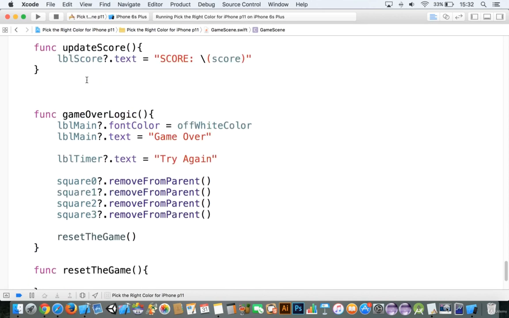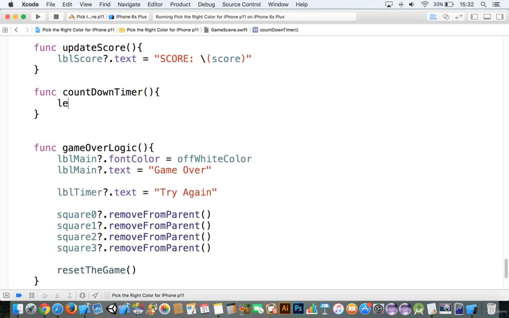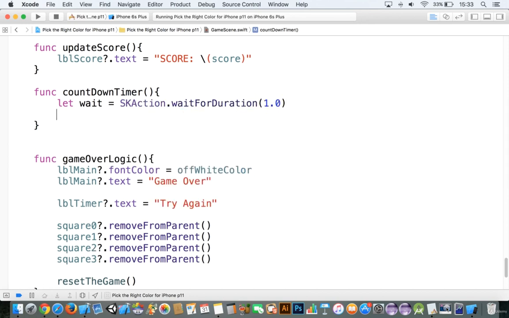All right, let's add in our countdown timer. Let's say our function, we'll call this countdown timer. Within this countdown timer, we're going to say let wait is equal to SKAction.wait(forDuration:), and we'll make it 1.0. This is going to be the interval of our timer here. Then we're going to say let countdown is equal to